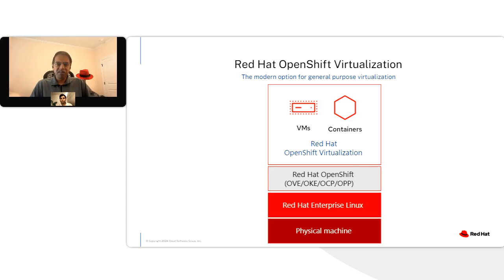So Red Hat OpenShift Virtualization has really been, again, built upon that platform of Red Hat OpenShift and is available in a variety of flavors, as you see there: the virtualization engine, Kubernetes engine, container platform, and Platform Plus. But more importantly, what it offers our customers is the capability to run virtual machines and containers on a single platform and to manage those seamlessly. And as you'll see towards the end of this, as we look at what is next for Citrix and Red Hat, you will see Red Hat OpenShift Virtualization coming into the picture.